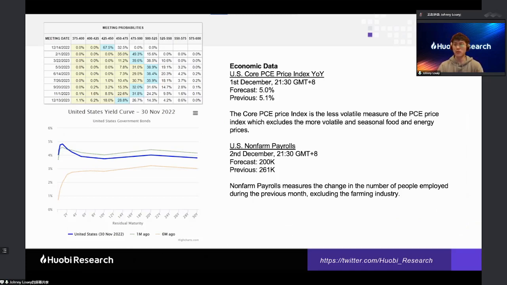Yes. Normally, how people interpret this data is, when core PCE is high, it's more bullish on the US dollar. When it's low, it's bearish on the US dollar. I mean, higher than forecast. However, right now we are at a stage where if the data is better than expected, it gives the Fed more bullet to actually raise interest rates, which I don't want to happen. Yeah, exactly.